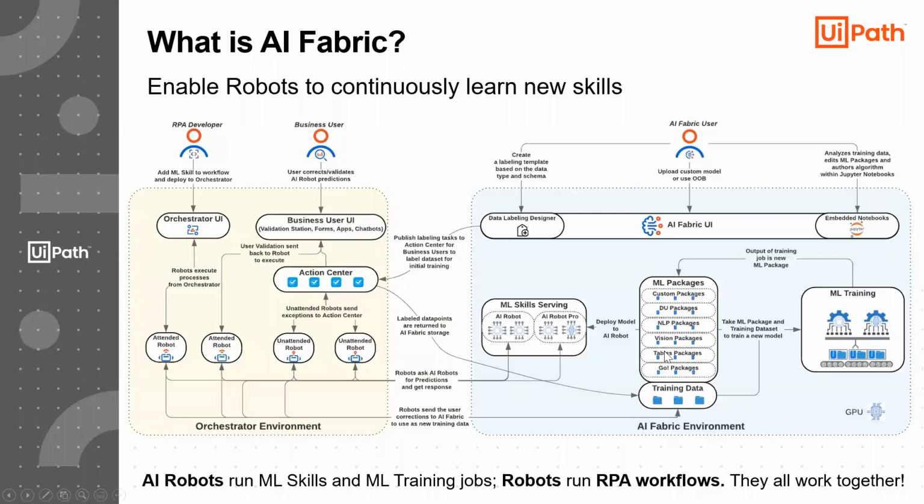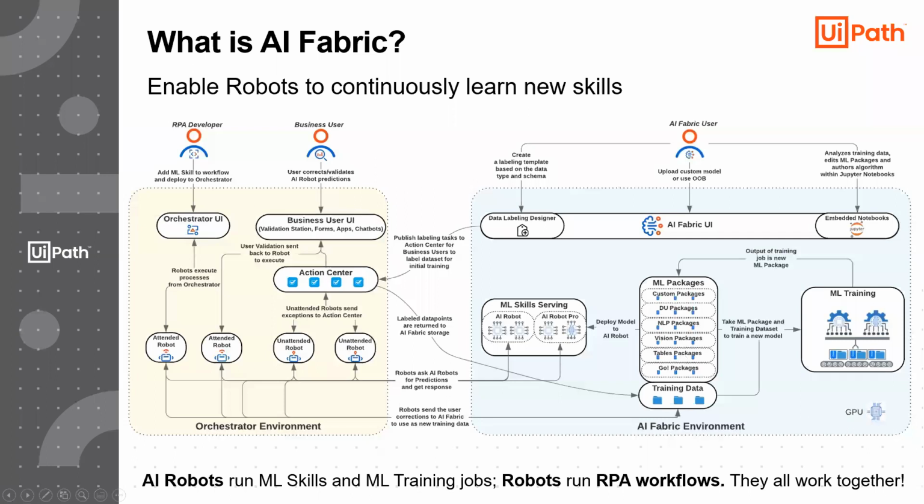ML packages: before it becomes an ML skill, you first have a package. So it's basically the code and the trained models that you have in your environment, but it's not yet accessible. You can see the analogy between ML packages and ML skills, a bit like packages and processes in an automation context. And of course, when you have your model, you serve it, but sometimes you will need to retrain it or to train it. So we have a concept which is a pipeline, and it's where you're going to train your models. So all of this stuff will happen on the AI Fabric side.